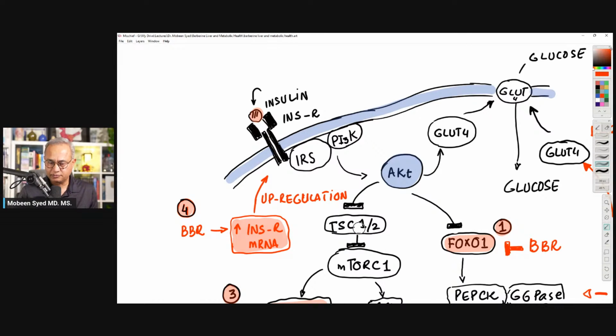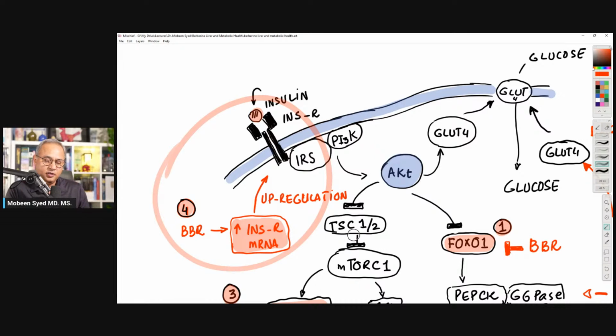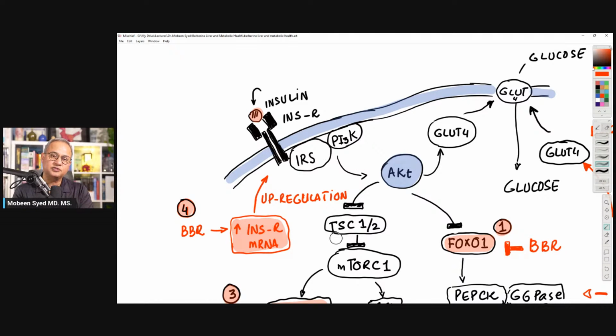So the first action of berberine, let's just get done right now. Berberine, when given, works on the nucleus of a cell and increases the production of the messenger RNA, which in turn is the messenger RNA for the insulin receptor. So when the messenger RNA for the insulin receptor is produced, that messenger RNA will come out of the nucleus, it will go to the ribosomes, and ribosomes will produce more insulin receptors. Those insulin receptors will then be expressed on the surface of the cell. This is called upregulation of the insulin receptors, and this is done by berberine. There are many mechanisms that do it. Berberine is one of them.